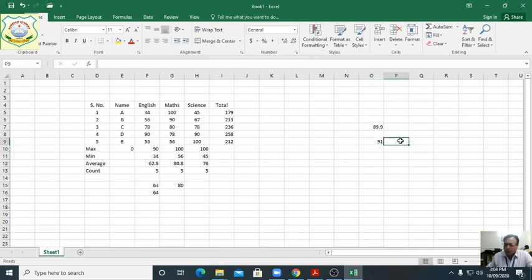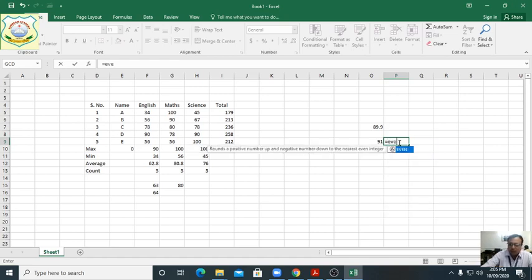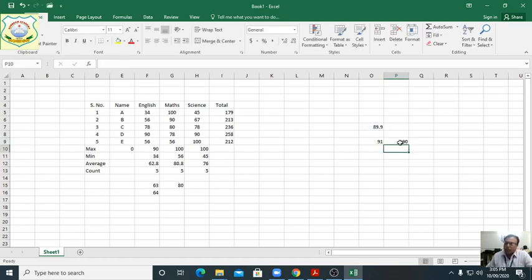Now the same number we are taking again, G7, equal EVEN, bracket, same. See here, this is 90 we have got. It means that whatever digit you have taken, 89.9, you are getting the odd number 91, and there 90, the even number. So in this way you can use the even and odd functions.